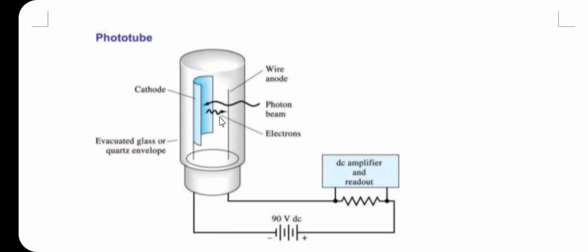So, friends, what is the photoelectric effect? All of you know that when light radiation falls on a light sensitive material, there is an ejection of electrons. These electrons are called photoelectrons, and the effect is called the photoelectric effect. In phototubes, the concept of the photoelectric effect is used, and due to it there is an ejection of electrons.